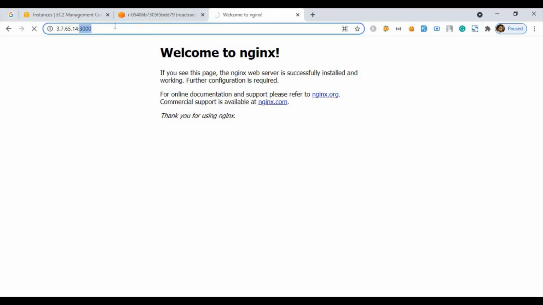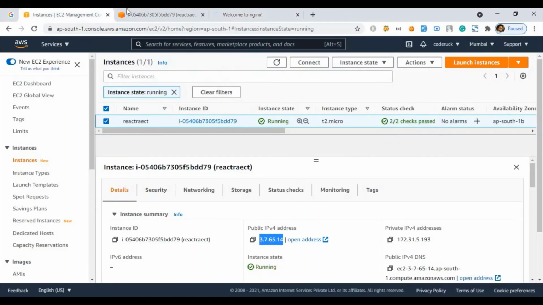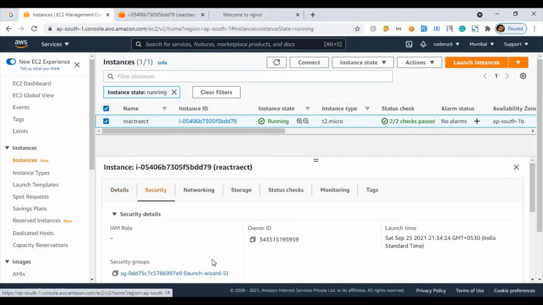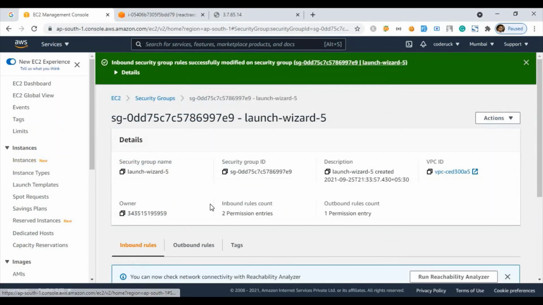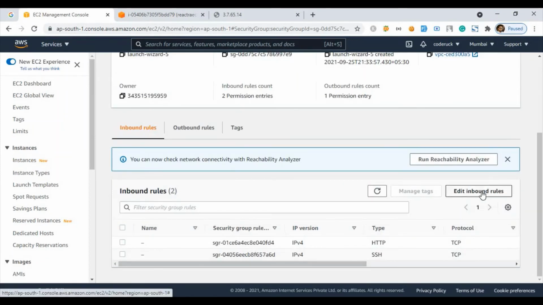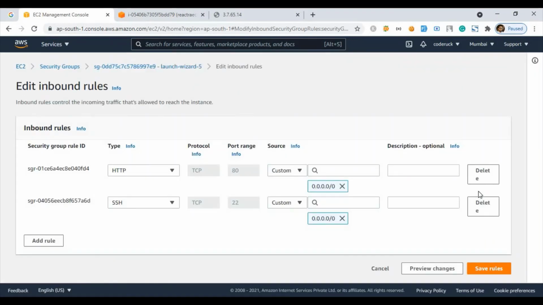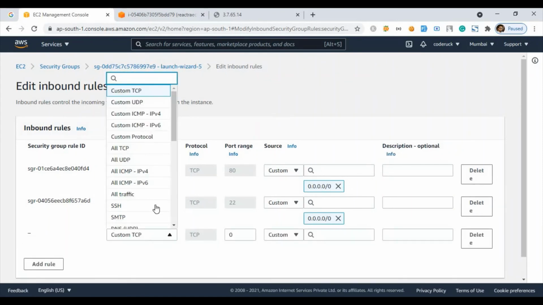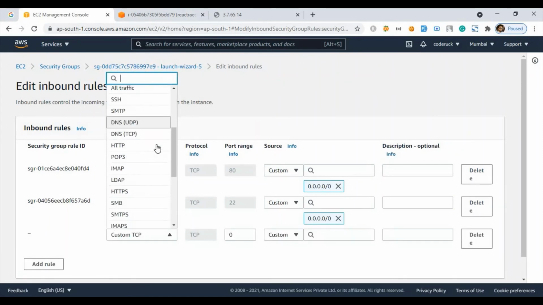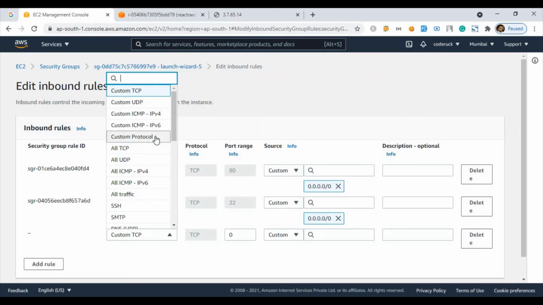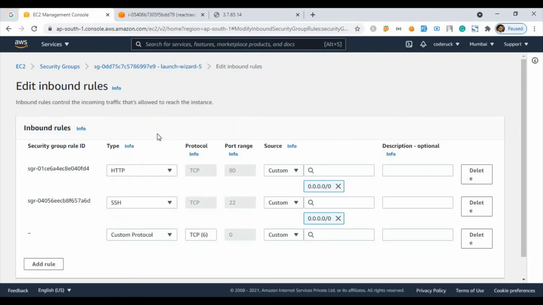Because we have to define this port inside our security group. If we go inside security group, check inbound rules, edit inbound rules, and click on add rule, and choose custom TCP, custom protocol.